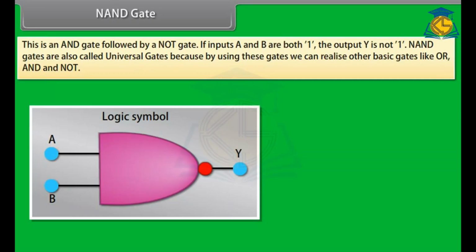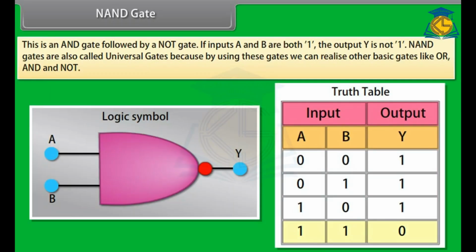NAND gate. This is an AND gate followed by a NOT gate. If inputs A and B are both 1, the output Y is not 1. NAND gates are also called universal gates because using these gates we can realize other basic gates like OR, AND,